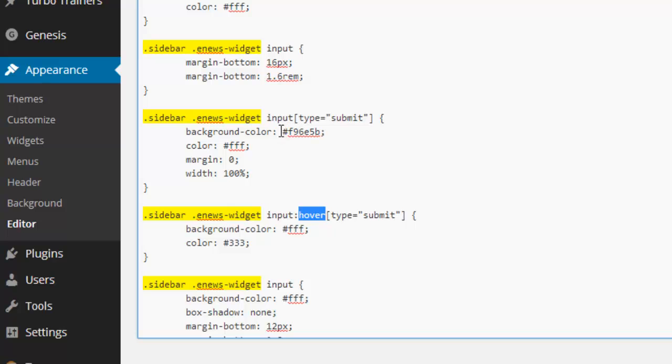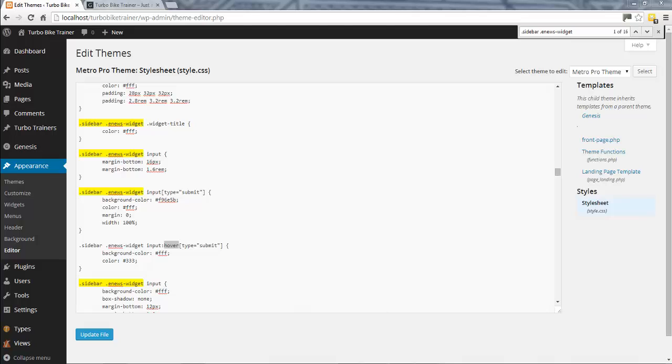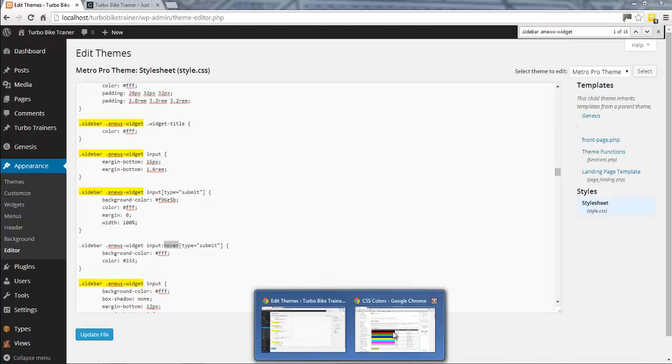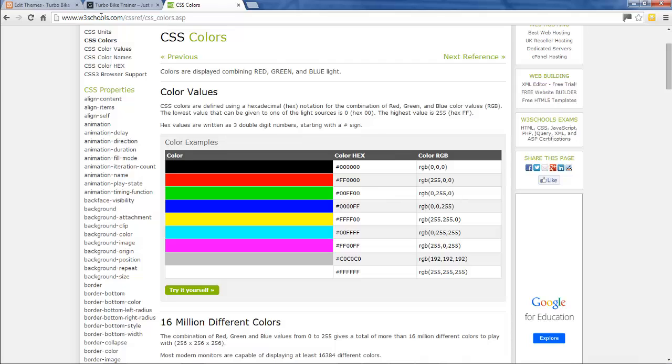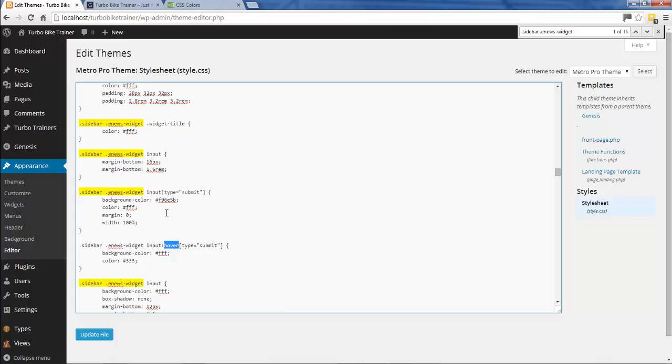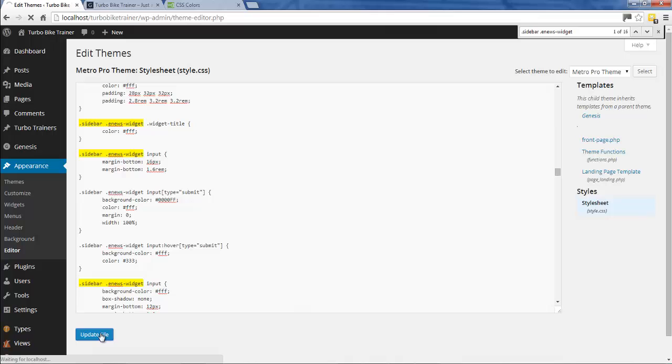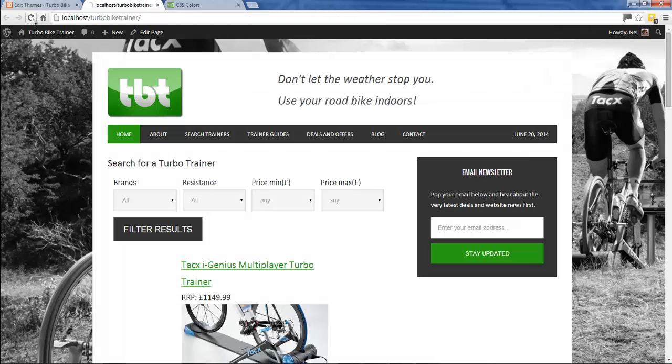Say again we want to make the button color blue, so we just need to get some color code. If we go to a website, for example this one, which is w3schools.com, you can get some color codes. We'll just copy this code here for blue, and then we'll replace this green. If we update that and refresh the page,